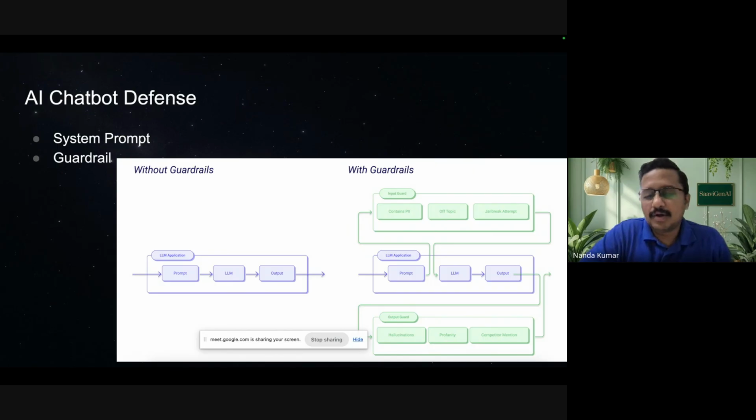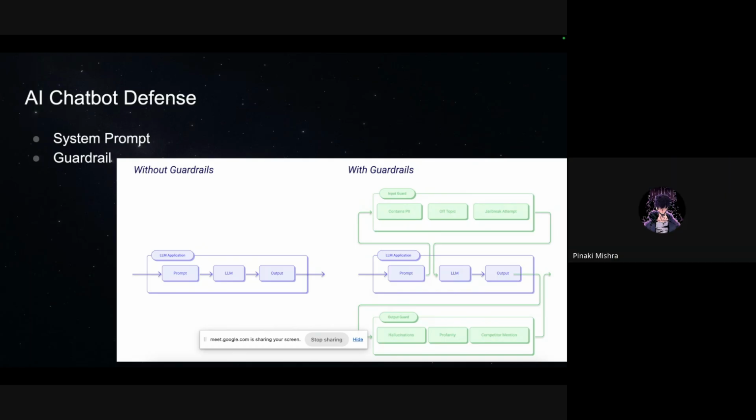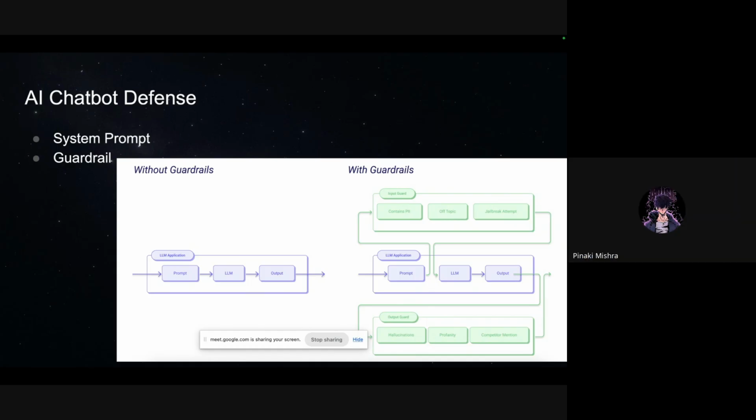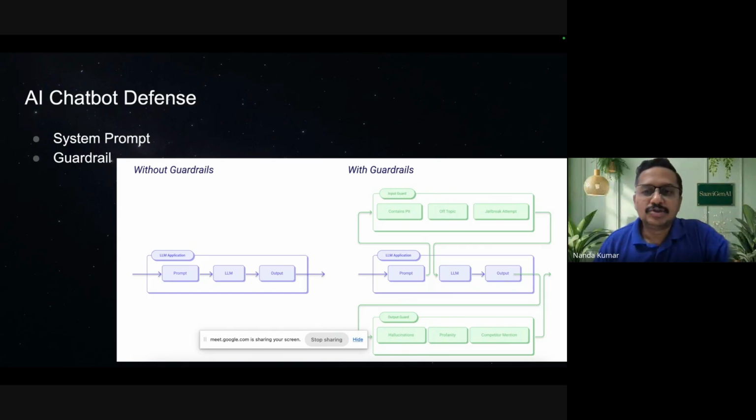Most of you would know what a firewall is, right? It's like an AI firewall. It gives the context about what is legal, what is unethical, what is ethical. So it's basically a firewall for the AI where we cannot inject the jailbreak. Yes, exactly. What's your name? Pinaki. Okay, awesome.